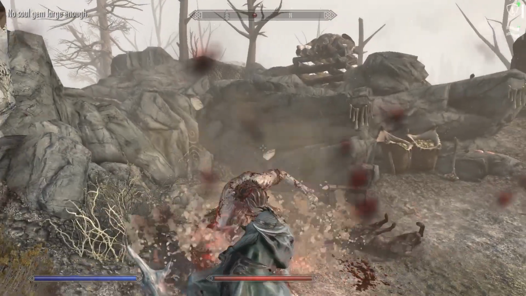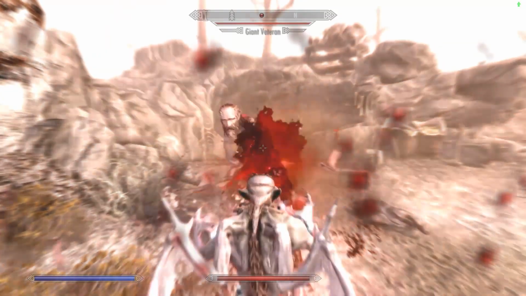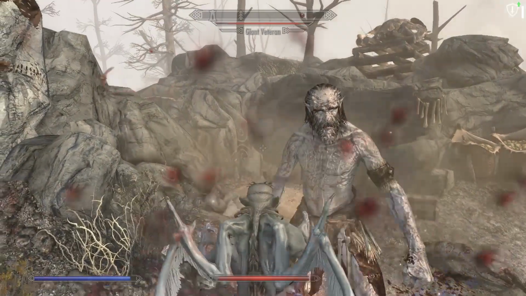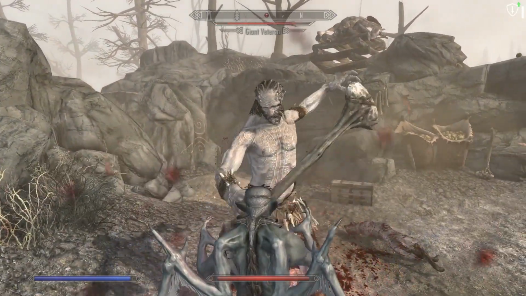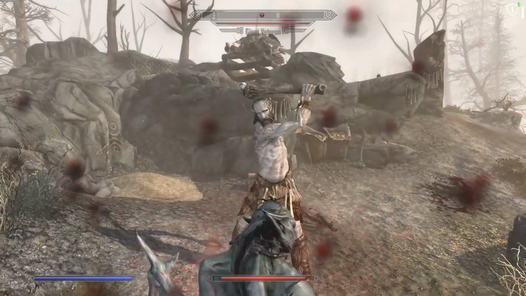There we go. I just need a couple good hits, Mr. Giant. Yep, come on, you can do better. I know you can do better. Alright, getting a little closer. Oh, I'm going to have to stop attacking him, huh? Let's slow down. No more lifesteal. I just need to be hurt enough to actually make this look like...